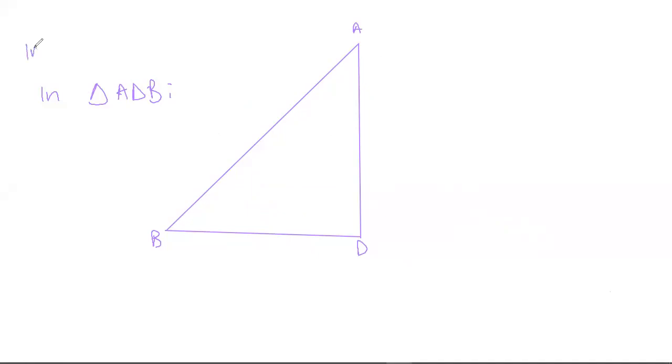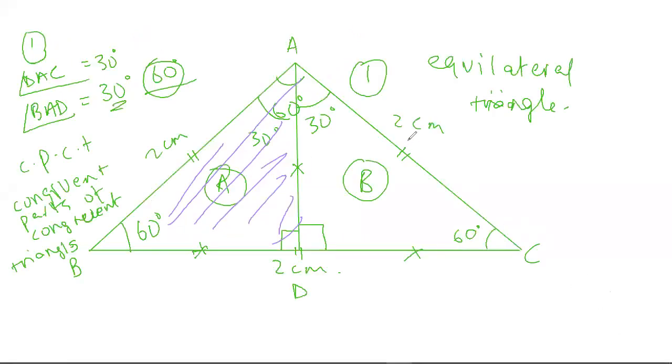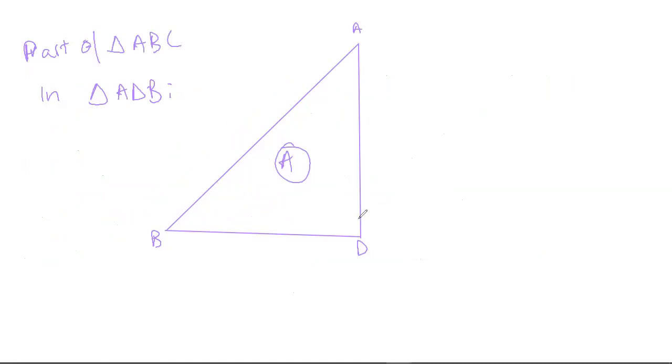So I have taken a part of triangle ABC, which is triangle ADB, which is our A triangle, as it is mentioned over here. You could take the B triangle also, it is according to your preference. So if this is the A triangle, this is 90 degree because angle ADB is 90 degree. Then this is 60 degree, so this will be 30 degree. This is 2 and this is 1.